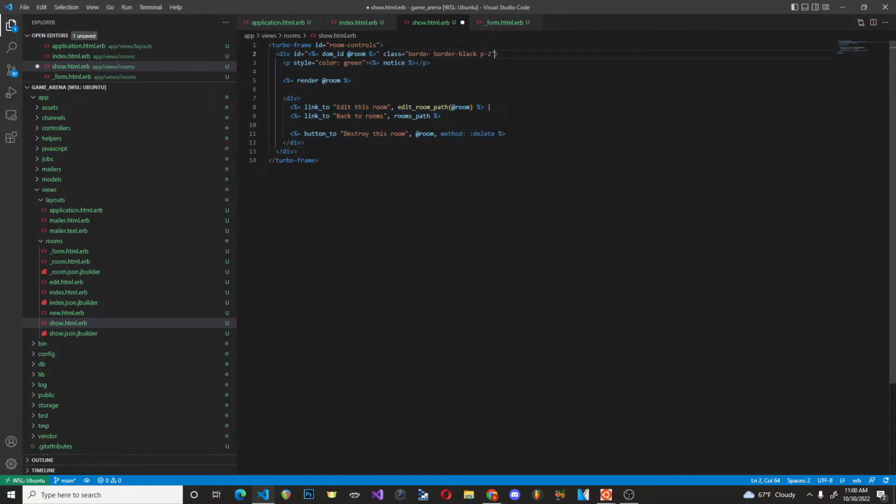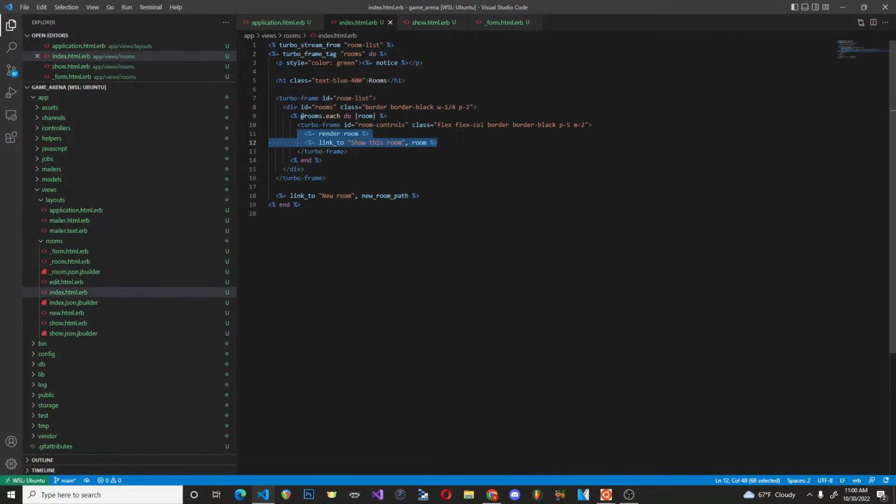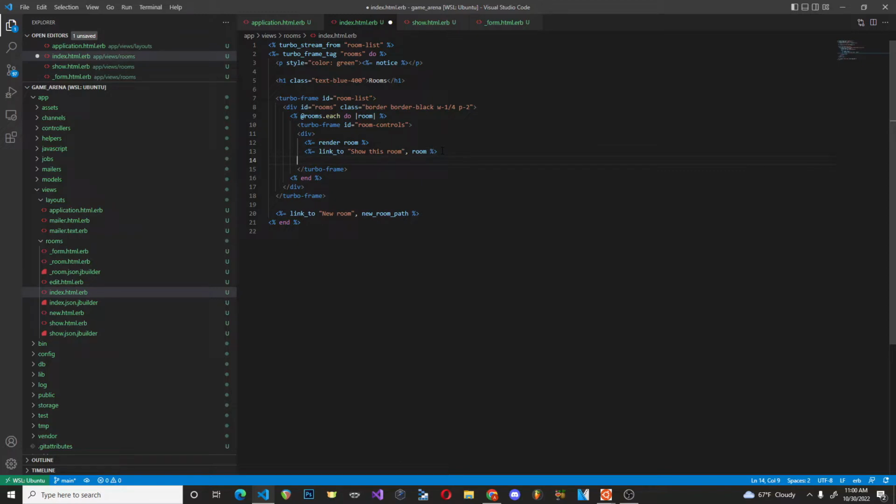So what I should have done was put the class here, and then take the class here and put that in a different div inside of the turbo frame, because the thing that we're deleting is the stuff inside of the turbo frame, not the turbo frame itself. Now, hopefully, everything will work the way that I would expect it to work,